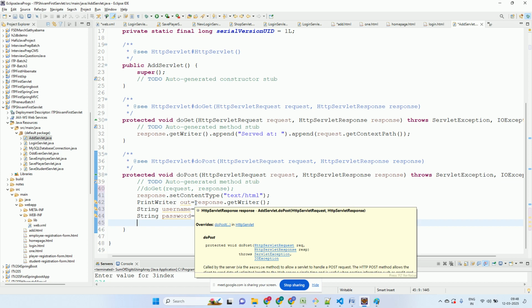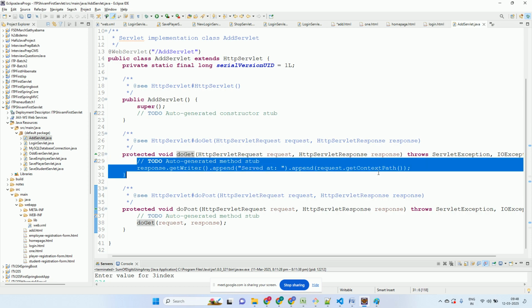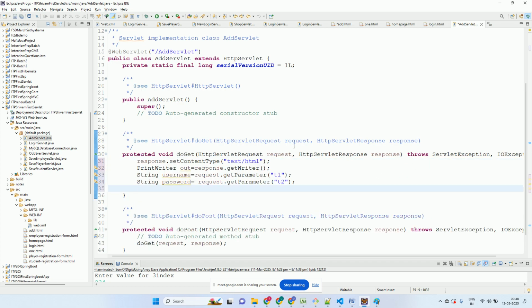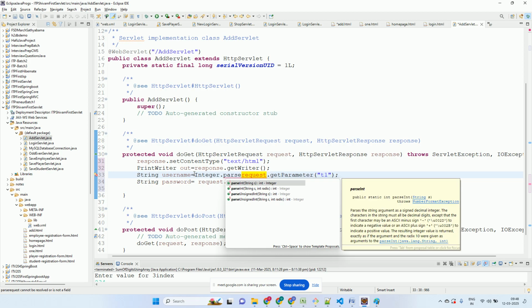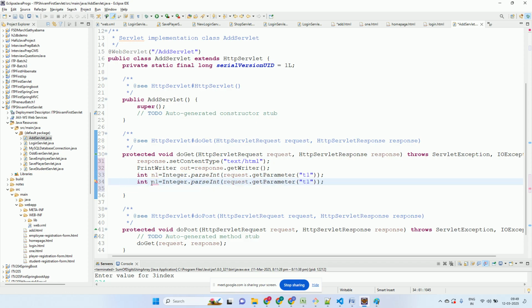Okay, so let's not follow this. Let's keep the tradition going. doGet, and we'll come over here and paste the code. And these two are numbers. Integer.parseInt, right? request.getParameter here, and store it in an integer n1, correct? Integer n2,